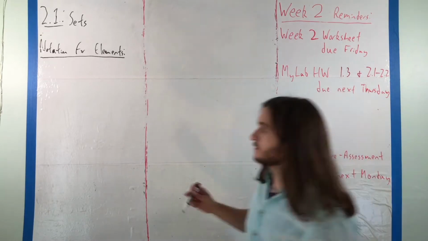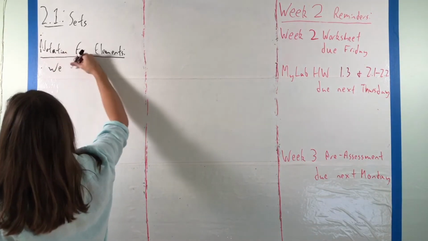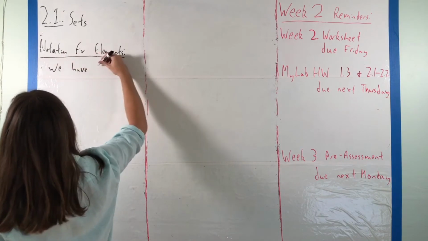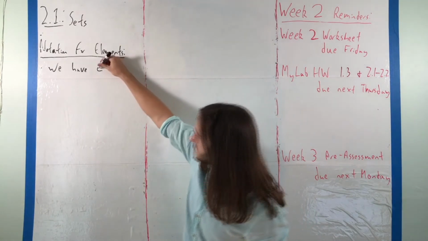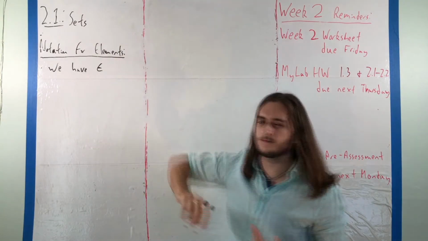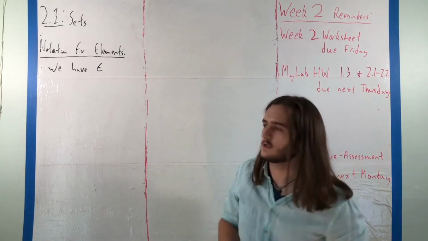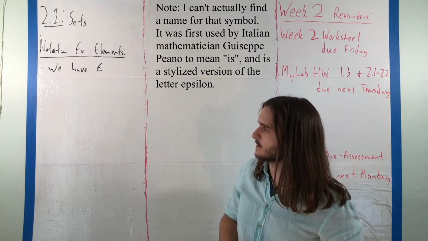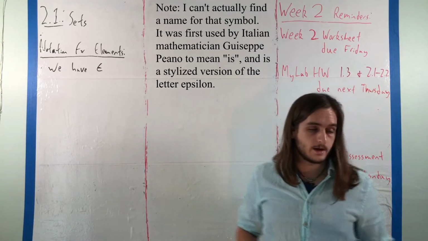So, for this, we have the symbol. I don't know what this thing is called. It looks a bit like an E, except you don't quite finish it. It has a name, I'm blanking on it. I don't think I ever actually learned what the name is, but that is our symbol,